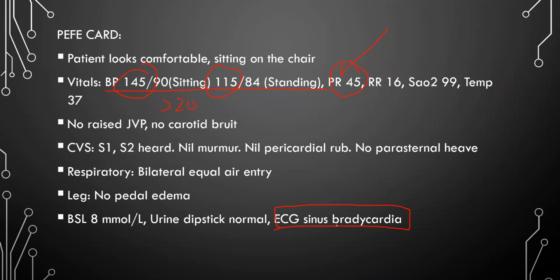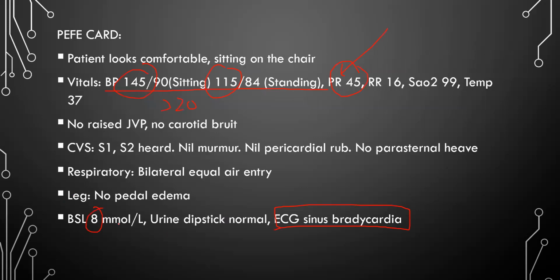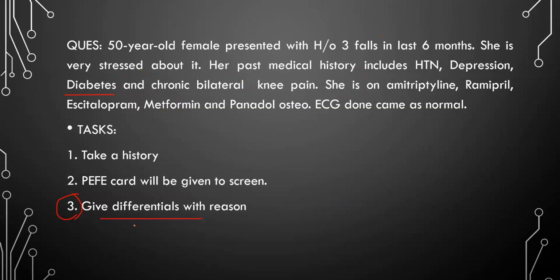These are the most important things here. Apart from that, I think Dr. Asma has included something really nice, that diabetes can cause it. Now, this patient's diabetes is well controlled, with a random blood sugar of 8, which is all right. But diabetes itself can cause complications. It can be diabetic neuropathy, diabetic retinopathy, and diabetic autonomic neuropathy also.